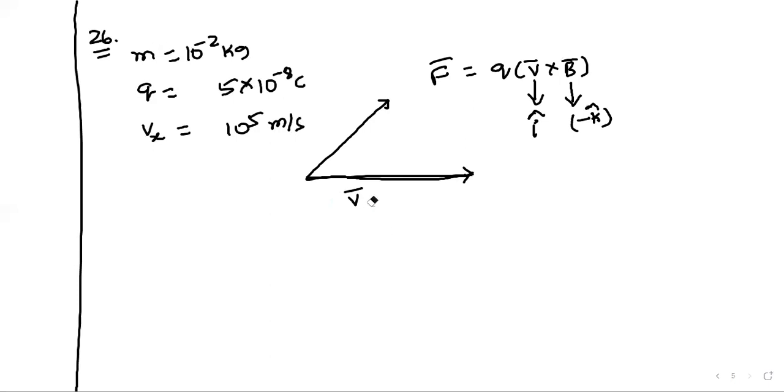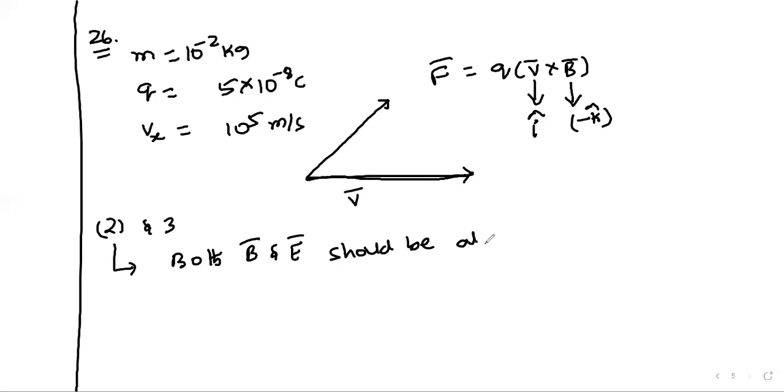If it is along the direction, statements 2 and 3 are correct. Both B bar and E bar should be along the direction of velocity. That is number one. And next one,